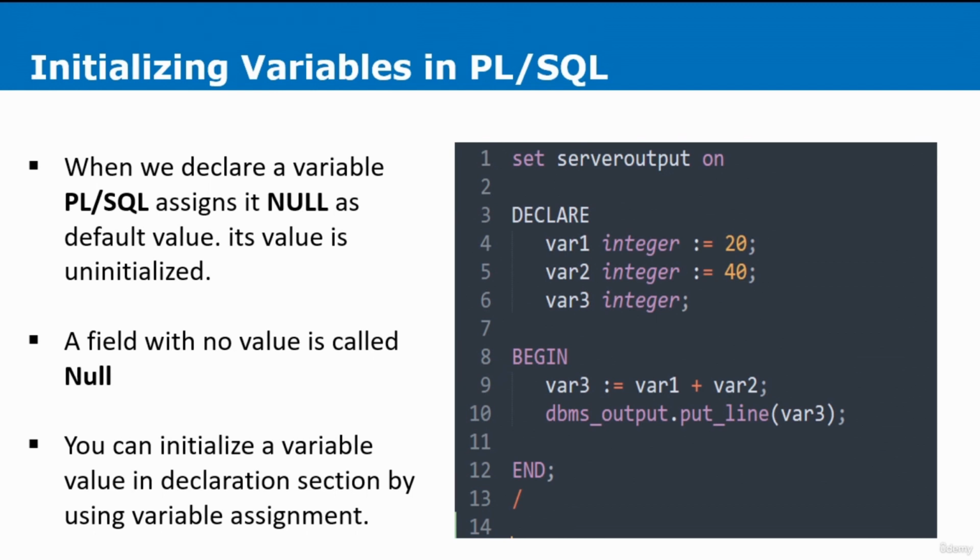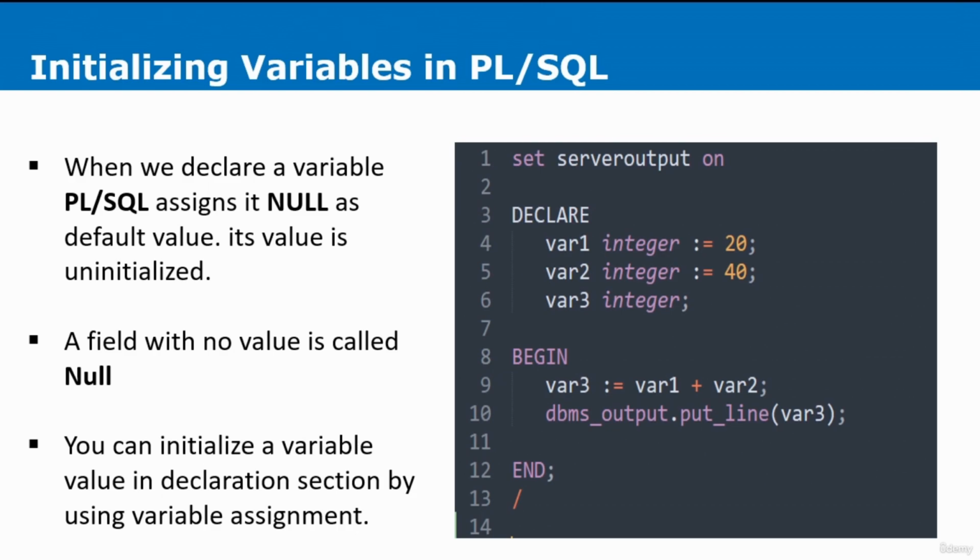However, in the begin section of the block, I have assigned a value to the variable on line number 6, and the value is going to be the value of variable 1 plus the value of variable 2. On line number 10, I'm using the procedure called RDBMS_OUTPUT.PUT_LINE to display the value